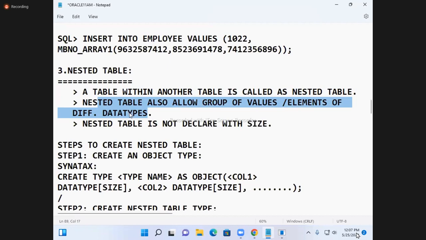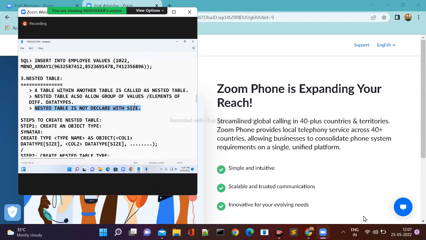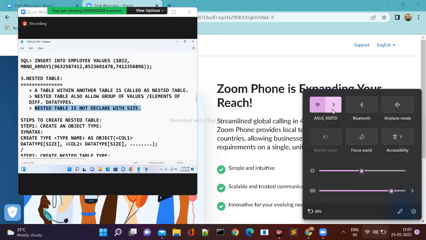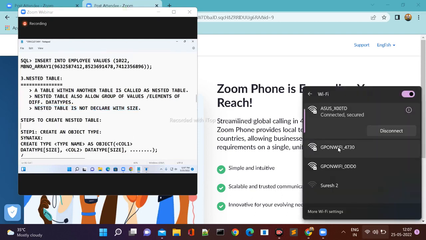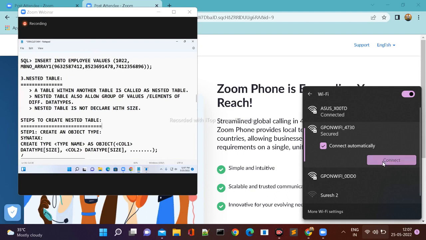But the difference is that whenever you define a nested table, it is not necessary to declare the size. So your size is not needed, it is unlimited. You can save unlimited numbers or values because there is no size restriction. Okay, but here observe this nested table data type, how to